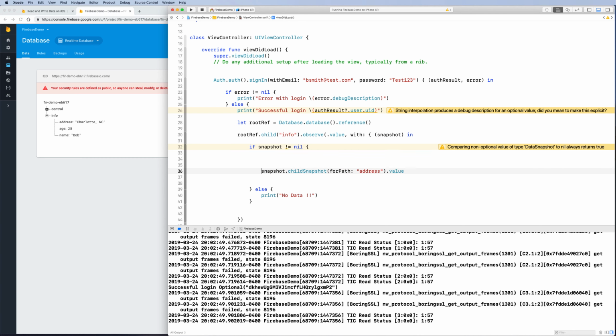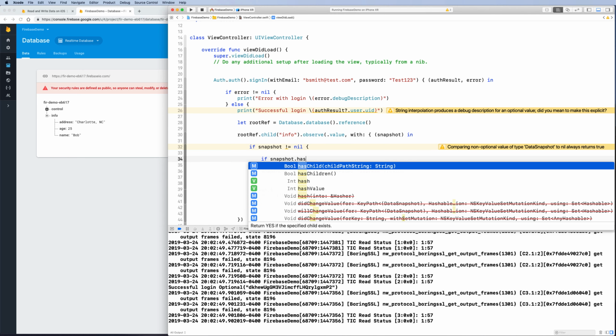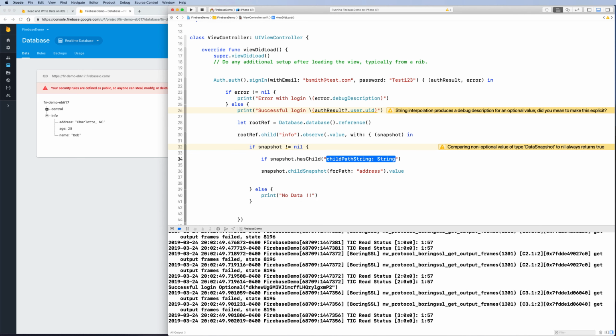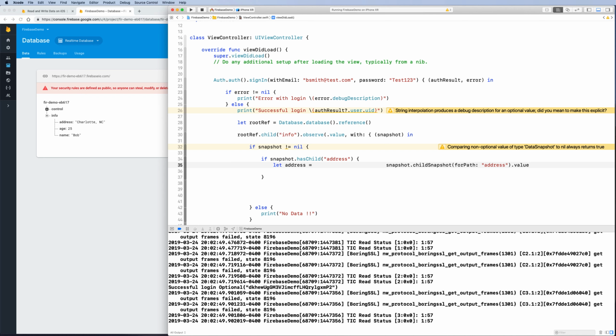To protect all of this, I could say if snapshot dot has child, and it's called address. If it has address, I'm going to get the address. I could say let address equal this, and I'm just going to print address. I could say the address is